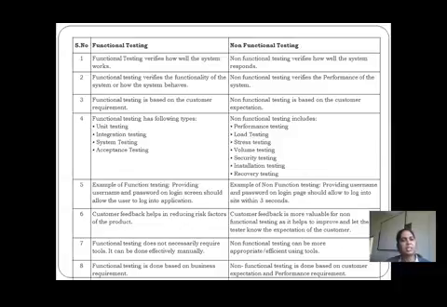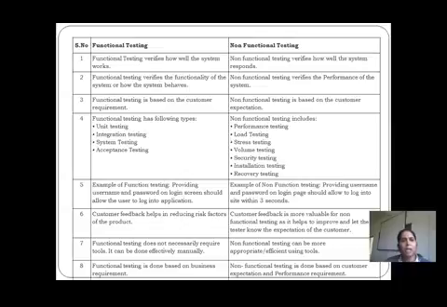Integration means a module-wide checking will be done. When we want to integrate modules together, we need to check whether they have integrated appropriately or not. Next we have to consider system testing. System testing is testing the system as a whole, with the aspects of both functional and non-functional. And acceptance means whether the customer is going to accept it or not, that type of testing. In the next session we are going to focus on acceptance testing.